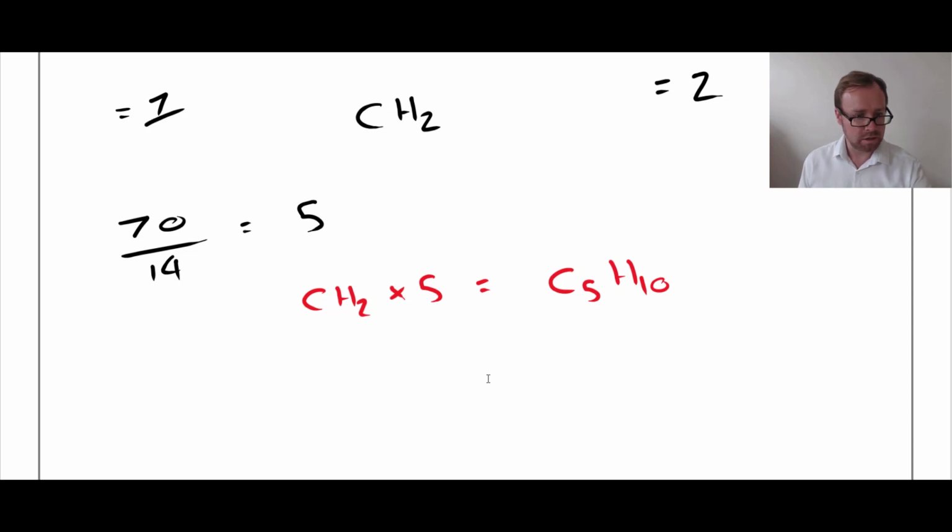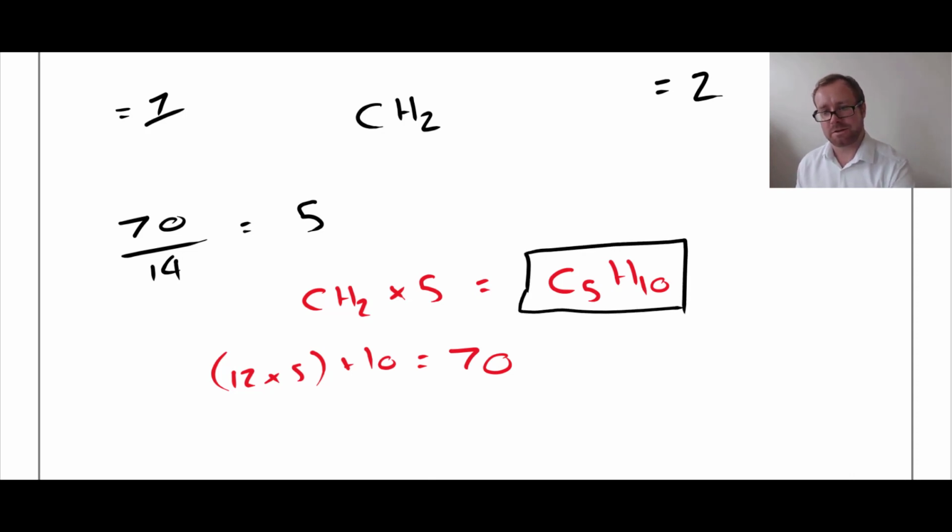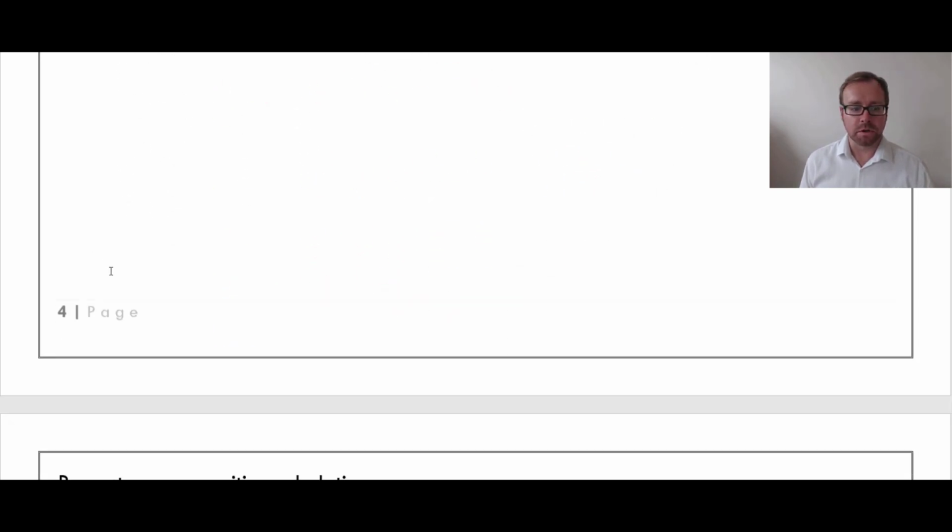So 12 times 5 plus 10, and let's just make sure, because I can actually do this calculation, 12 times 5 plus 10. Don't know why I couldn't do that in my head. But anyway, it equals 70. So there you go. You have worked out the molecular formula of this molecule. Right, okay, so pretty straightforward as long as you follow the steps, and we'll quickly now move on to percentage